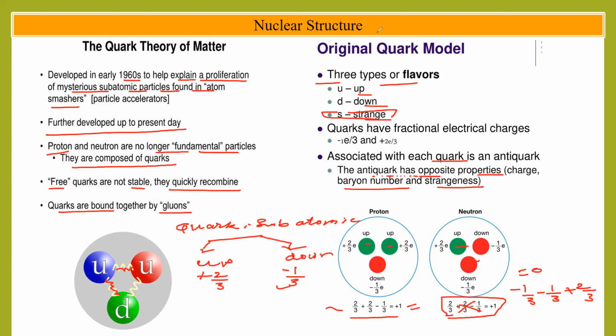So one more thing I want to tell you: the function of neutron. What is the function of neutron? Actually in the nucleus, there are proton and proton. Proton and proton are positively charged, so that's why they start to repel each other. So to minimize the repulsion between proton and proton,